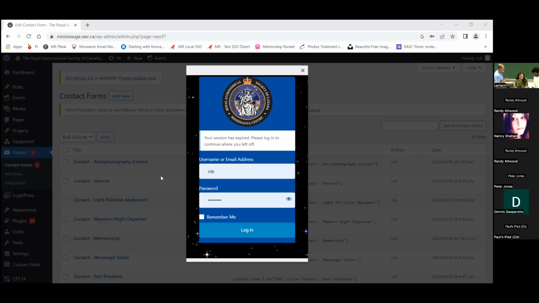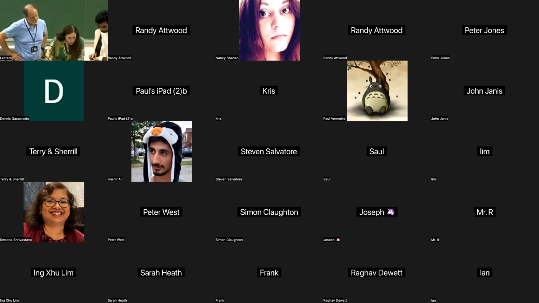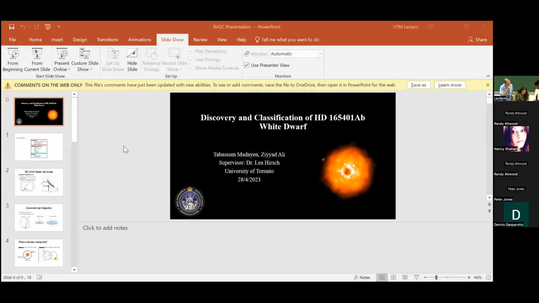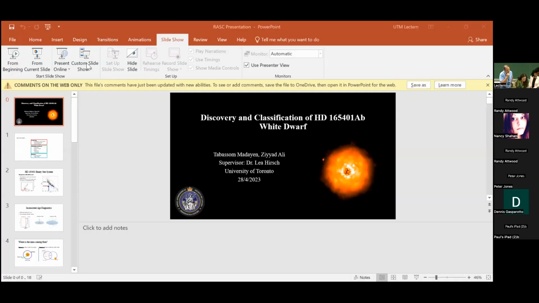But we want to see the good view. Yeah. Okay. So let's try again. Share screen. Okay, and now run F5 from beginning. I want to figure out, is there a way to do it without presenter mode?